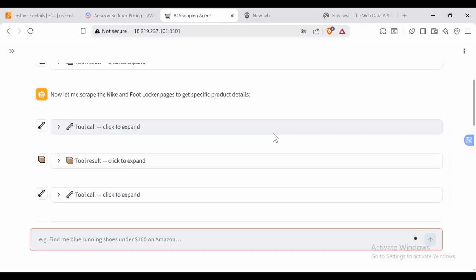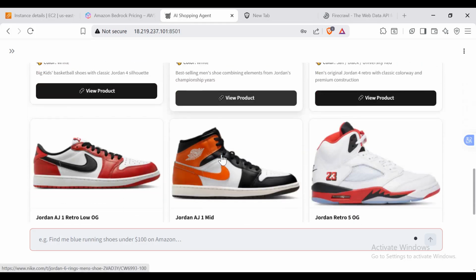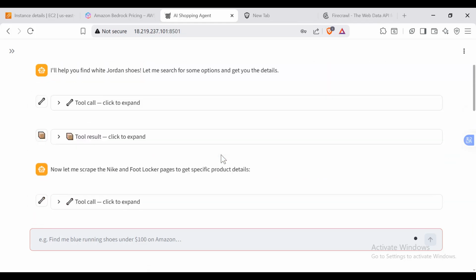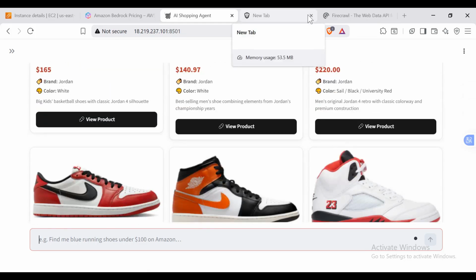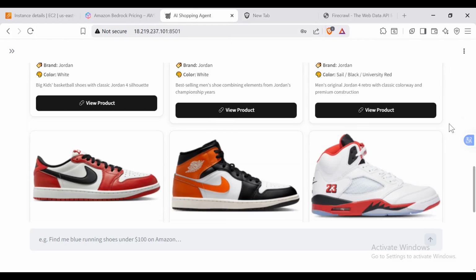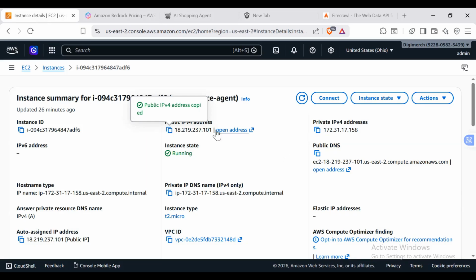As you can see, we have our response already. The products found: Air Jordan. You can see the various products we got. Okay, so that is it for this page. I think you can improve on this page and it can become an actual product which you can make a business out of. So when you are done, remember you are paying for these services, especially for your EC2 instance